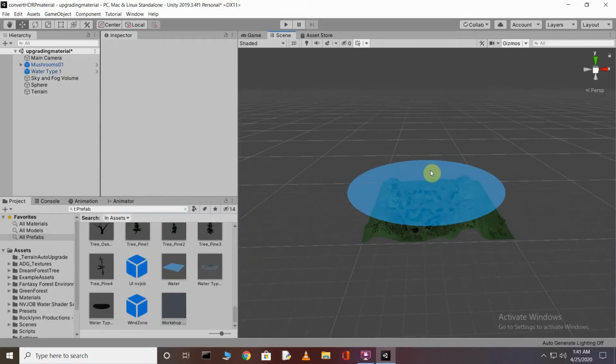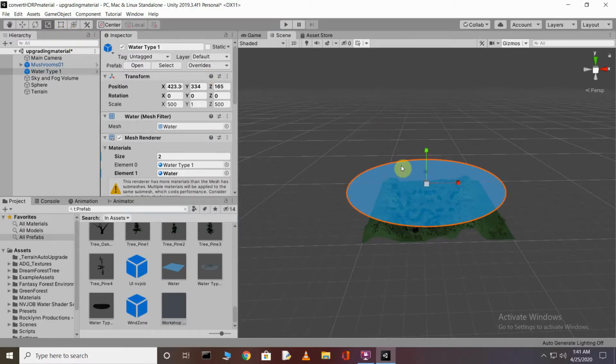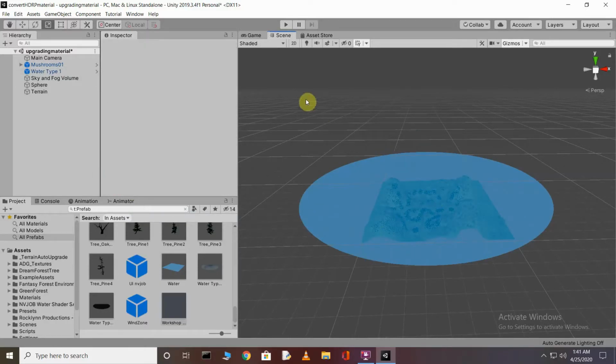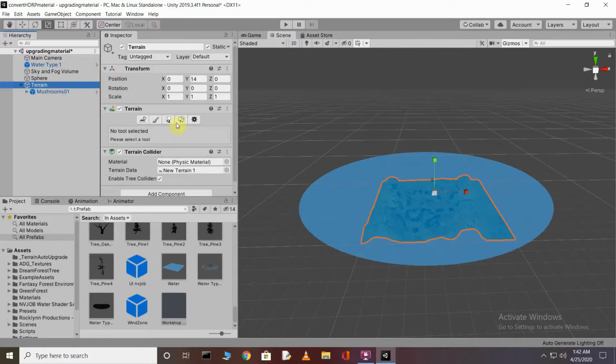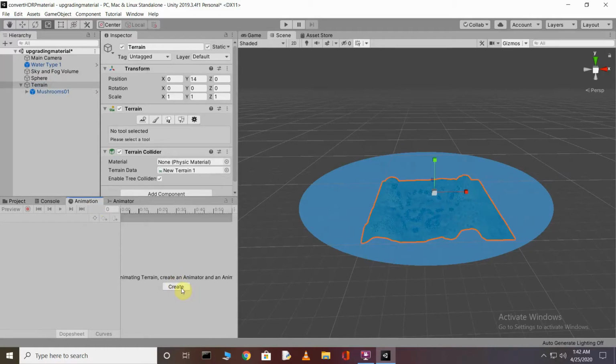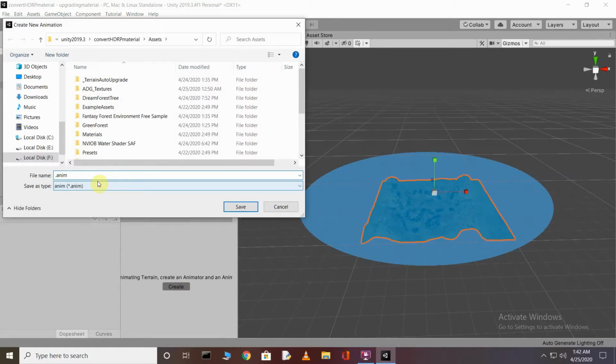After adding the water, I want that when I press the game window, after a little time our land will automatically come to the upper surface of this water. So for this we need to animate the land. Just choose this land as a terrain. Go to the animation and create an animation for the land. Just rename it land up